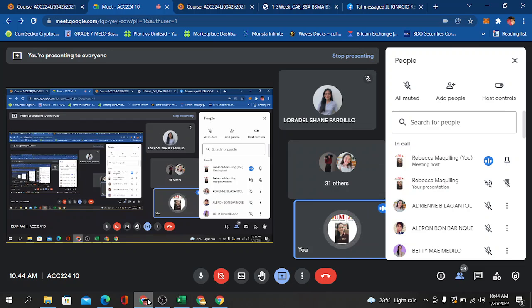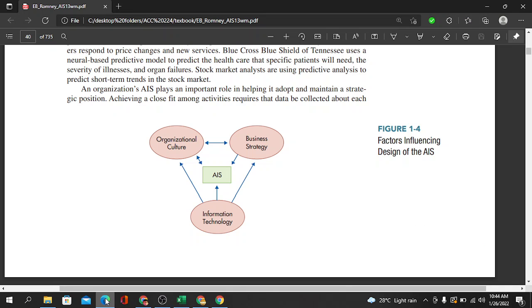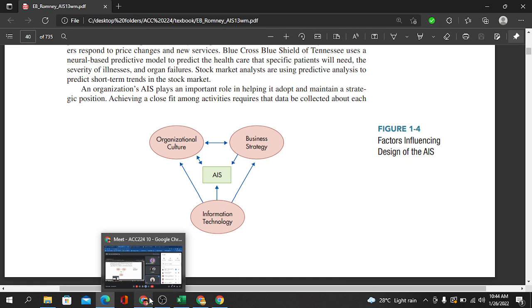Yes, ma'am. Okay. So, the organizational culture, the business strategy, and the information technology can affect the design of AIS since the business policies or standards set by the management should be implemented in the design of AIS po, and also how the strategy, like how the inventory control and other strategies of the business should be implemented po sa pag-design. Okay, yeah. Other expedition?